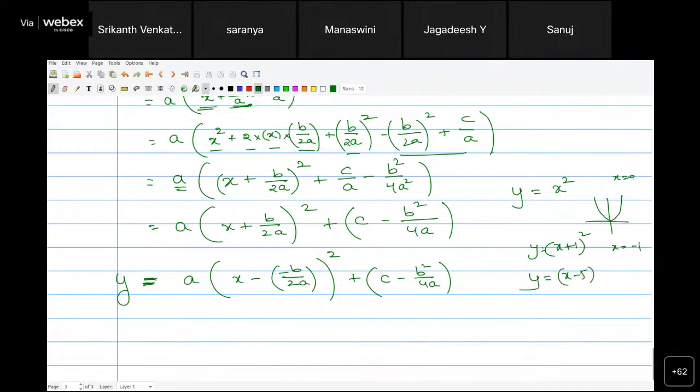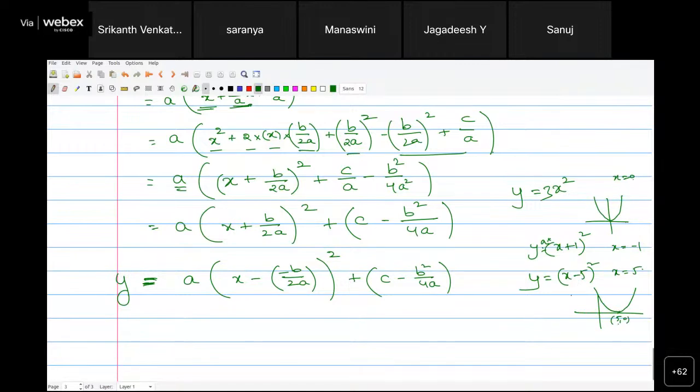So if y is x minus 5 whole square, even though a constant is multiplied to this, it doesn't change much. Even 3x square also, the symmetry will be x equals 0. So for ax square also, even if a constant is multiplied, it doesn't change. The symmetry will lie at x equals minus 1 here. Here also, x equals 5 will be the symmetric line. So this is somewhat like this,